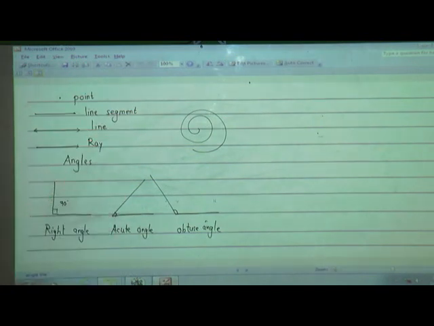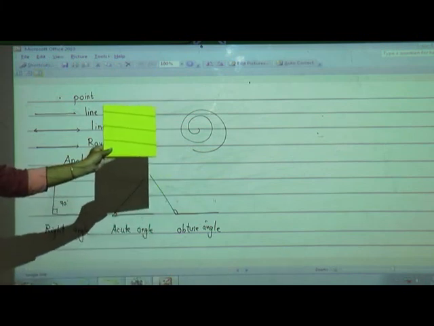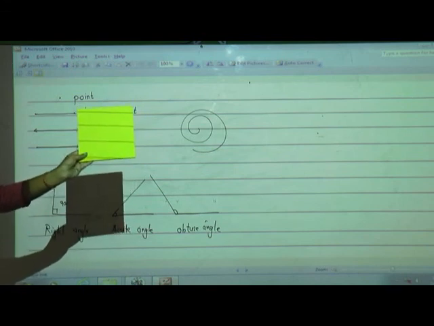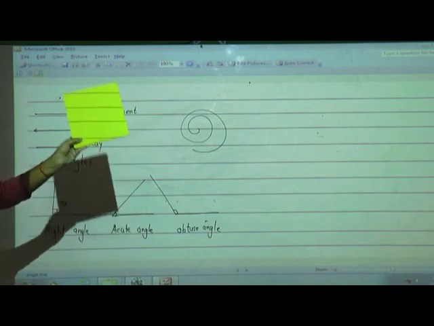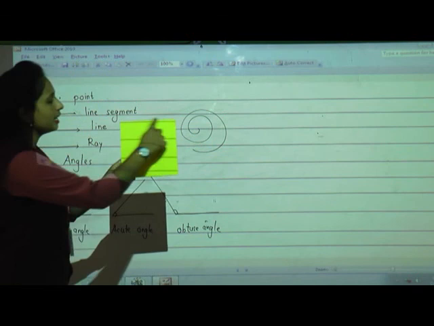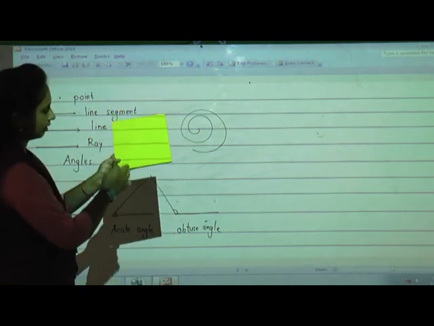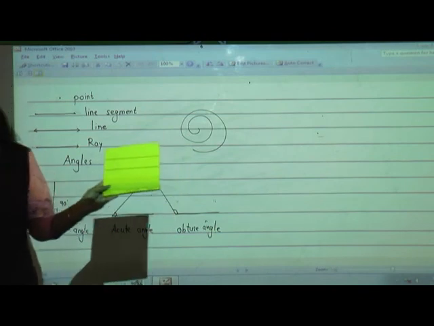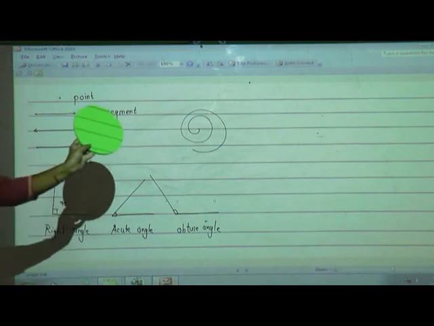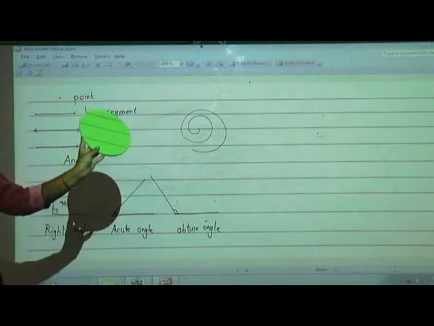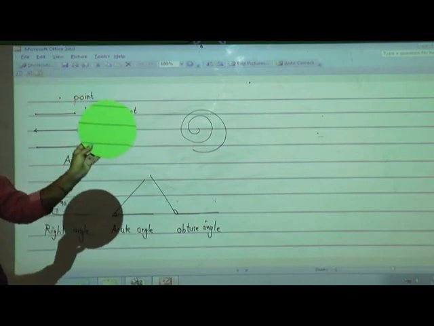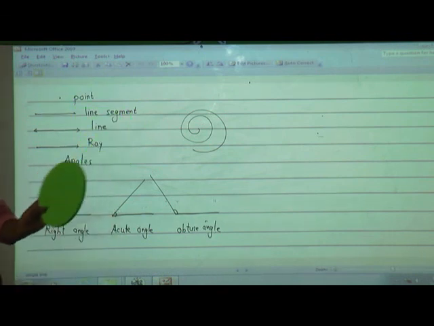And next we have studied about square. What is a square? Yes, a rectangle in which all sides are equal is a square. Thus, a square is a quadrilateral in which all the sides are equal and all angles are right angles. Right angle, right angle, right angle, right angle. Got it? Clear? Yes. The last we have studied is the circle, isn't it? So it has a round shape, it has one curved side and no corner. It is called a circle. Clear?